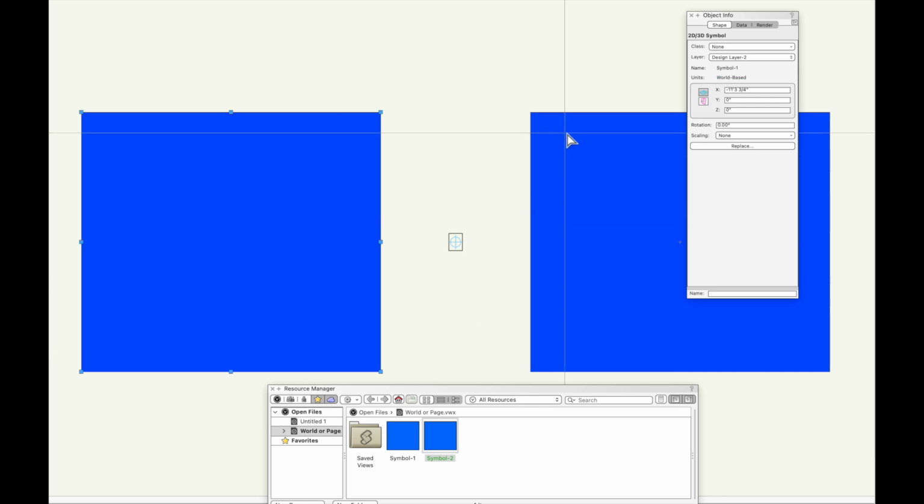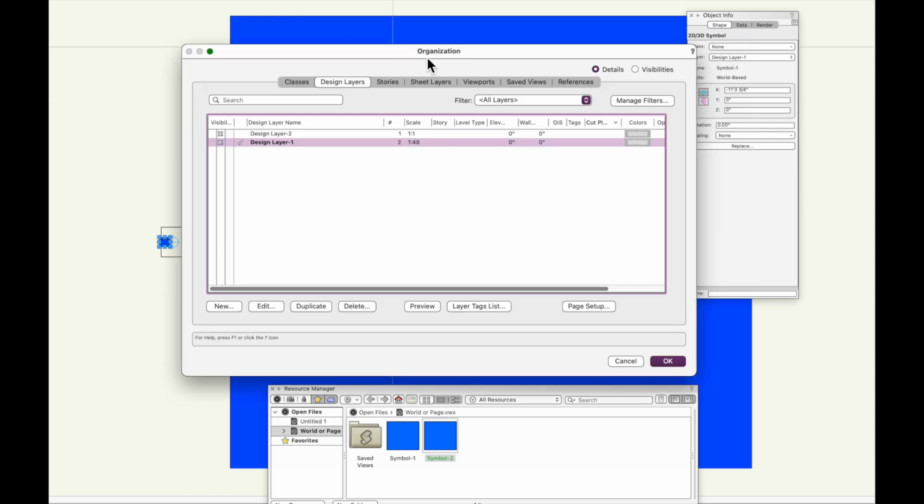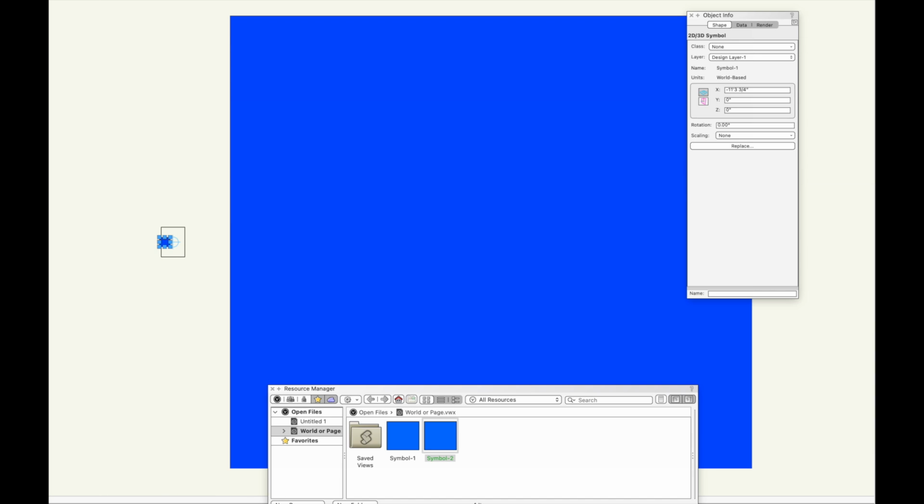So you see these and you look at them as being the same, but VectorWorks thinks of them as being different. And as soon as you put them onto a design layer that has a different scale than where they were originally created, the world one changes. That's what it should do. But the page one does not. The page one matches the page. And since the design layer is not something that changes page setup to page setup, these both would end up having the same page setup that you get when you want to go and print, or when you set up your